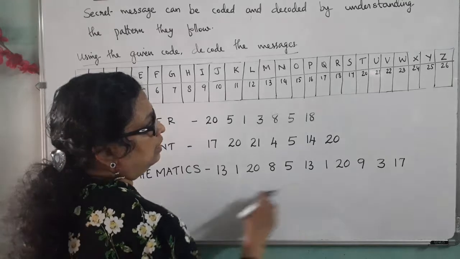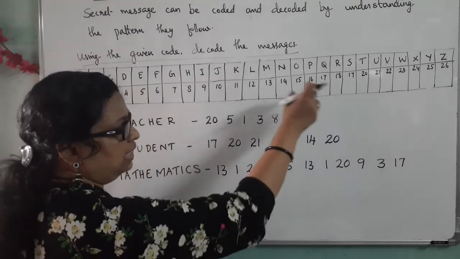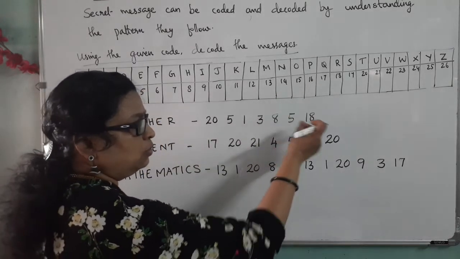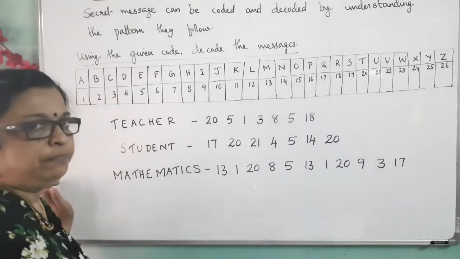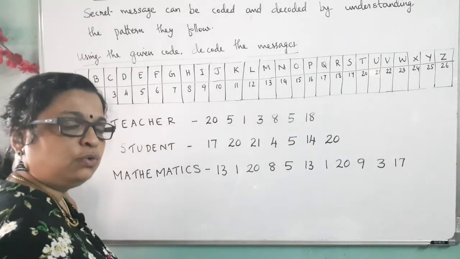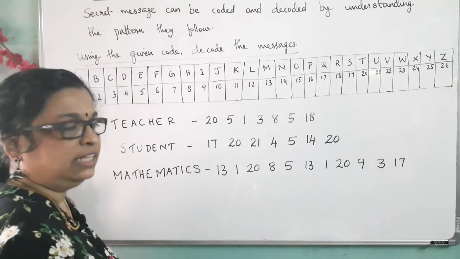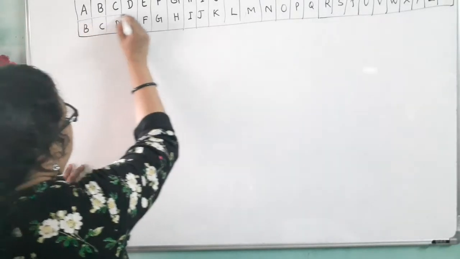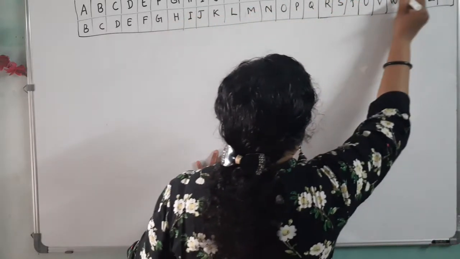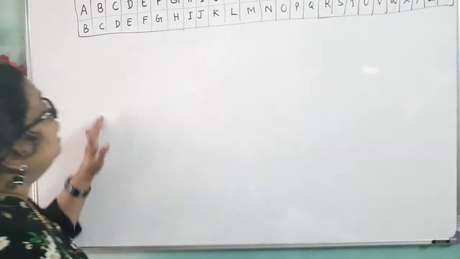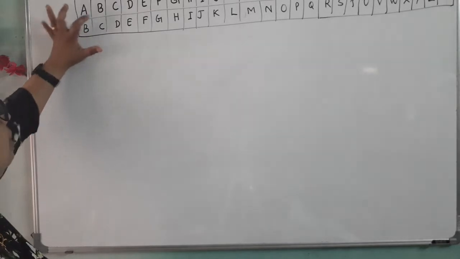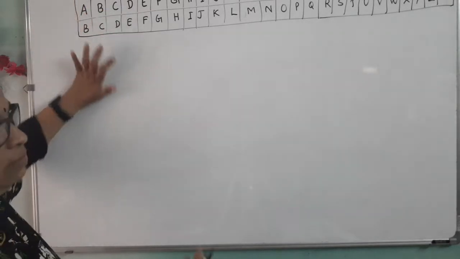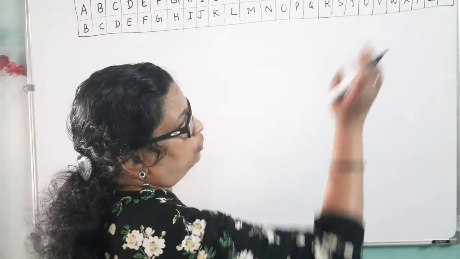In this way, any letter you write in capital letters, then decoding those messages you write the numbers, leaving some space. You can practice with your own questions and practice well, then it is very interesting. Then another question: the alphabets A, B, C, D up to Z, and then A for B, B for C, C for D, that pattern, up to Z for A.